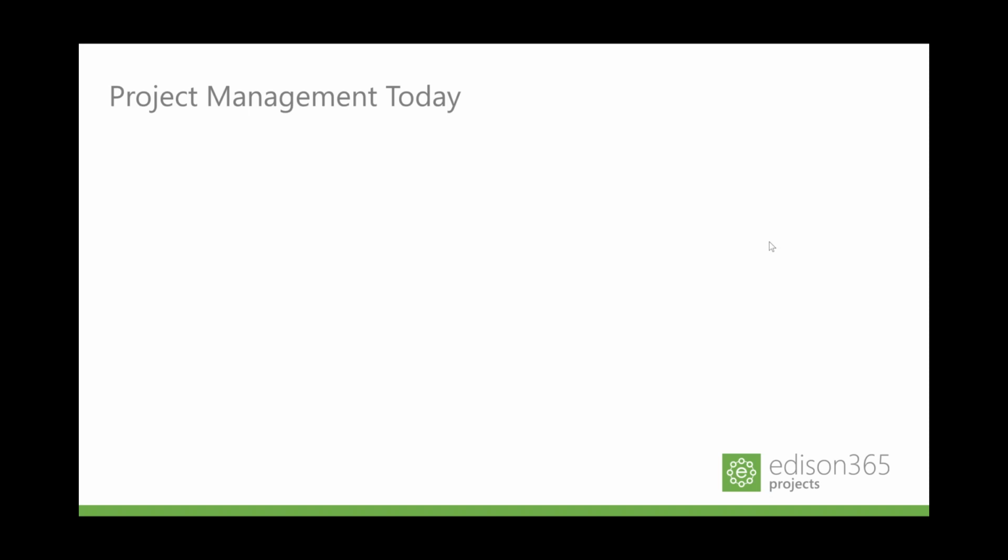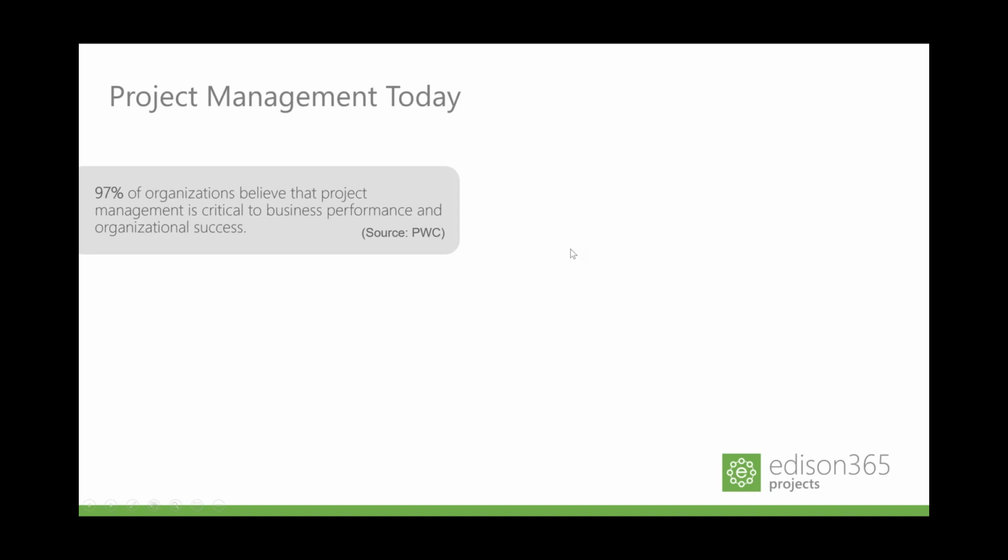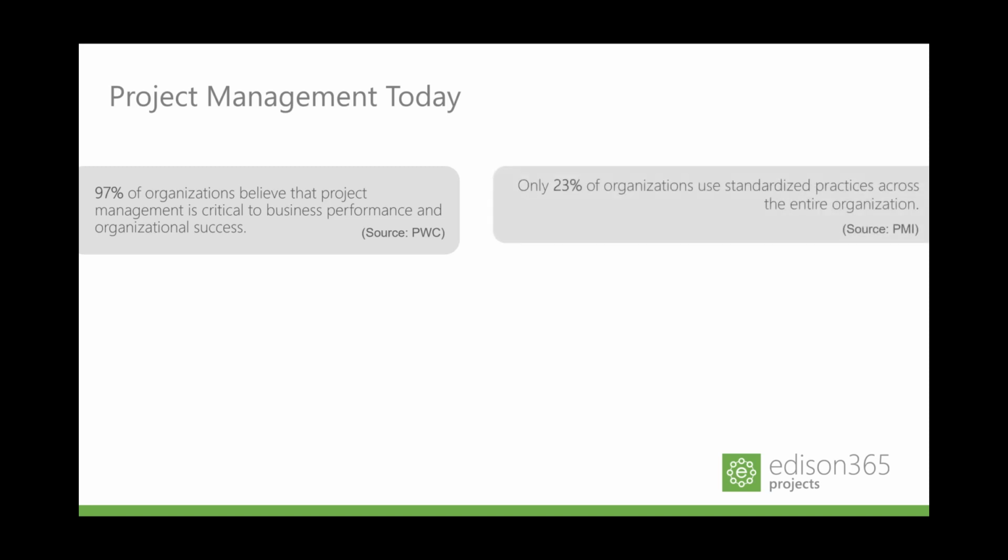So, project management today. All of you on the call today have some role in the project management game, either as a PMO director, a key project manager, or a stakeholder in key transformations that your company is trying to drive. Certainly project management is very important to a business's performance and overall success. This is pretty well known, and there are lots of reports from PMI and, in this case, PricewaterhouseCoopers that talk about how important it is. But it's shocking to think that only 23% of organizations, yours included, use standard practices